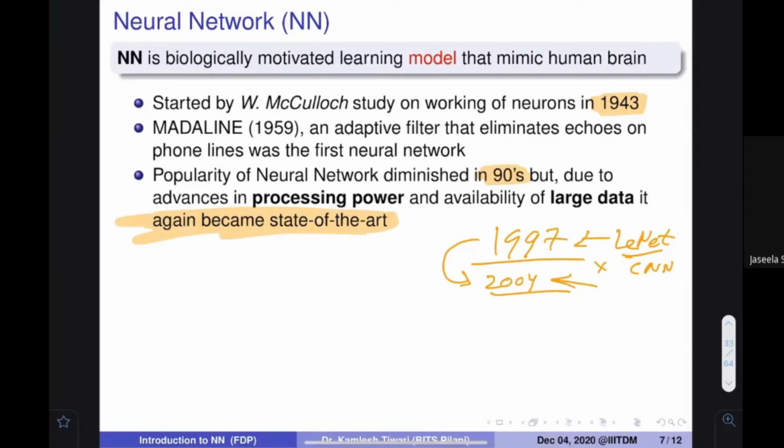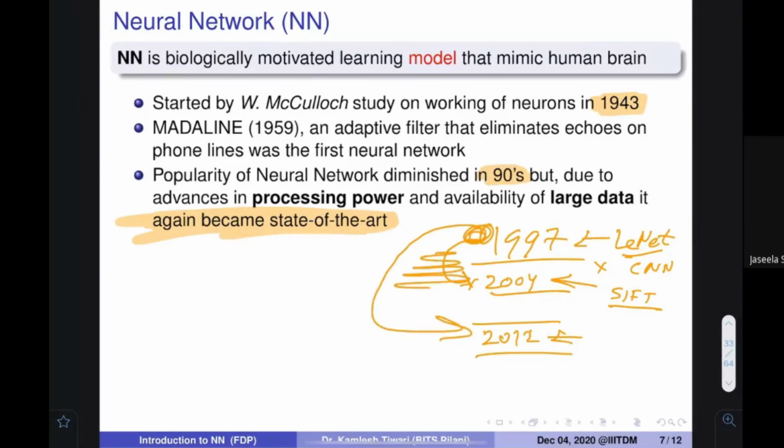which talks about SIFT and SURF kind of handcrafted features. People said we are going to do everything the handcrafted way, and they forgot about all these things. But around 2012, AlexNet came, which used the same concept that was proposed earlier, because in this duration people were able to find more processing power and a large amount of data, since the challenge was on ImageNet, a very big database.